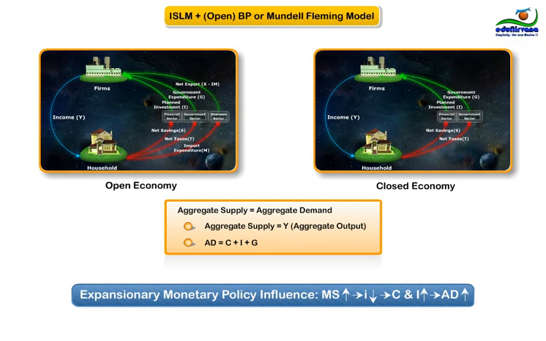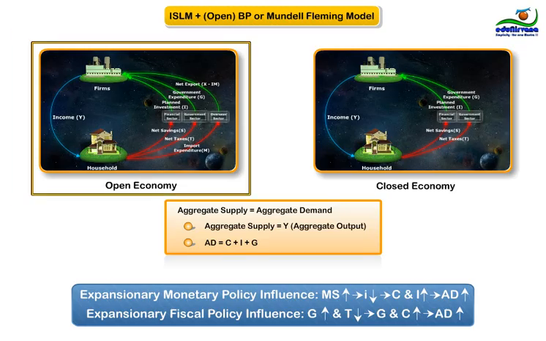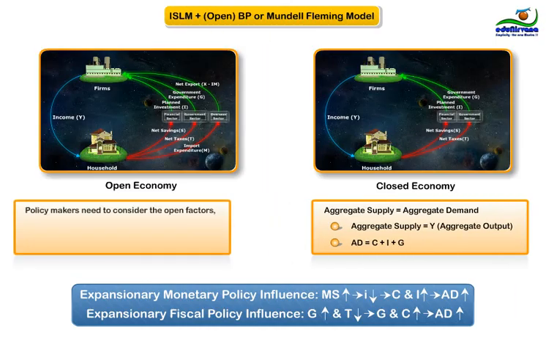The same is the case with expansionary fiscal policy influence. An increase in government expenditure and a decrease in tax rates increases government spending and consumption, which in turn increases aggregate demand. However, in an open economy, monetary and fiscal policies become messy, since policymakers need to consider the open factors